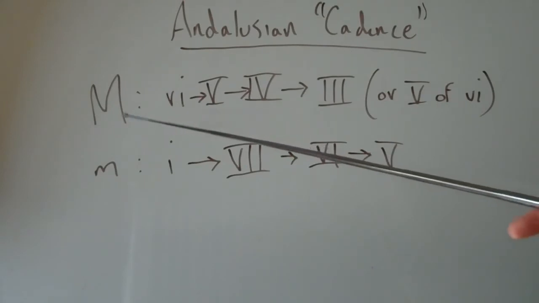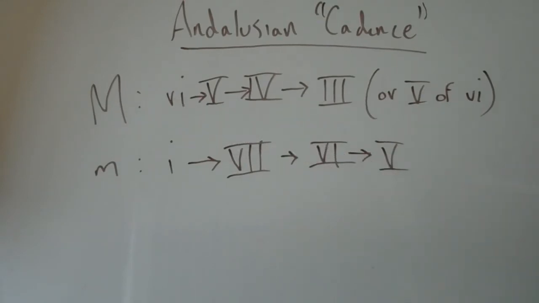So in the case of C major, we would have A minor, G major, F major, E major, or E major. Let's see. Yep. And now in the minor mode, a lot of times you'll see some other notation indicating a lowered 7th,